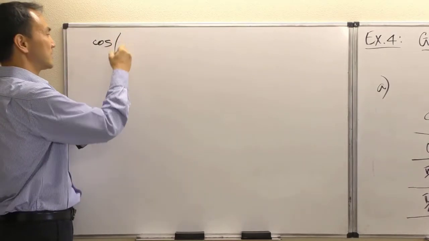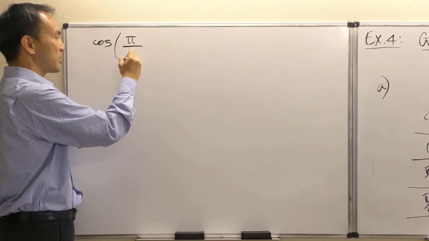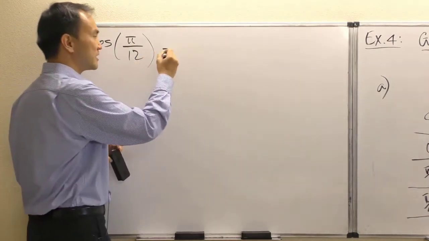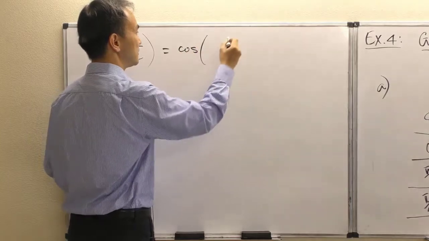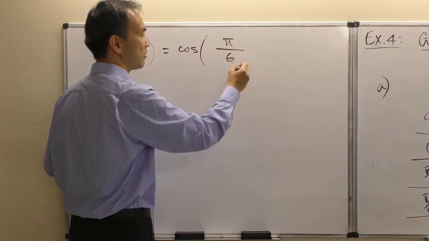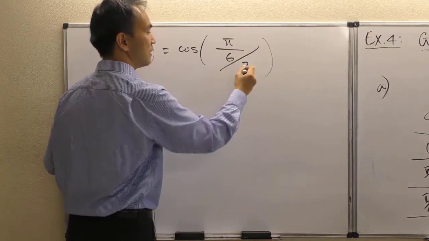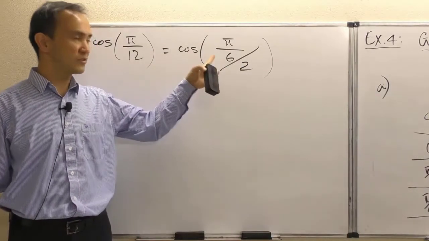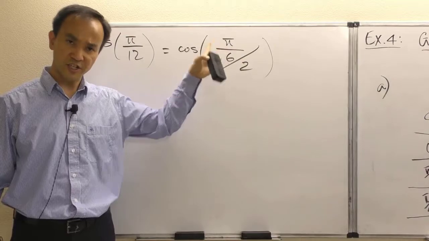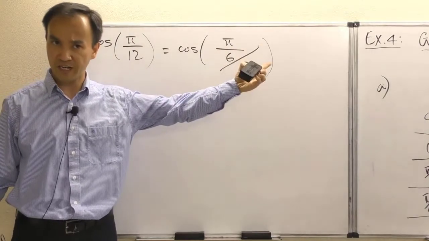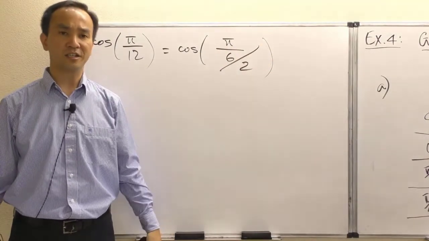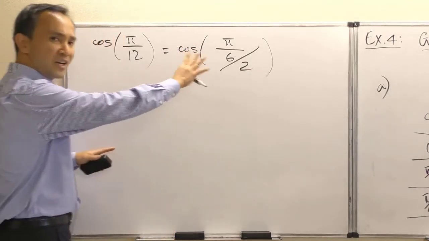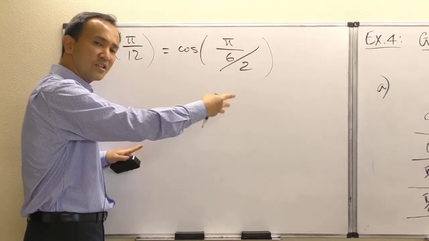Okay, so basically we need to know how to calculate cosine of pi over 12. But cosine of pi over 12 is the same as cosine of pi over 6, which is a common angle, divided by 2. And pi over 6 has always been recognized as a common angle on your unit circle. And so in that way, let me remind anyone viewing this lesson, you can use the half